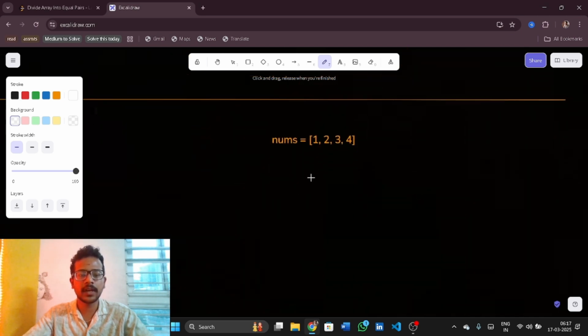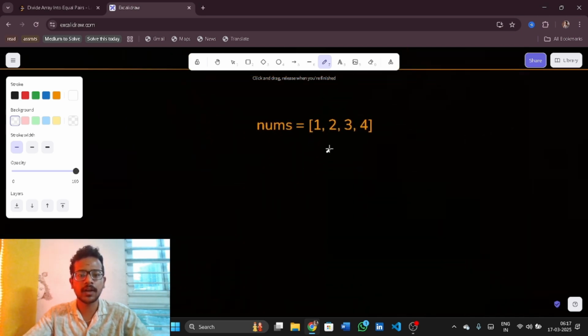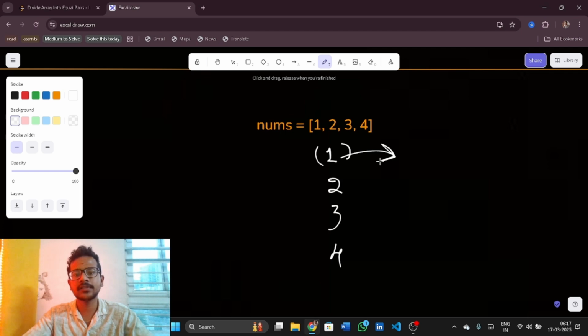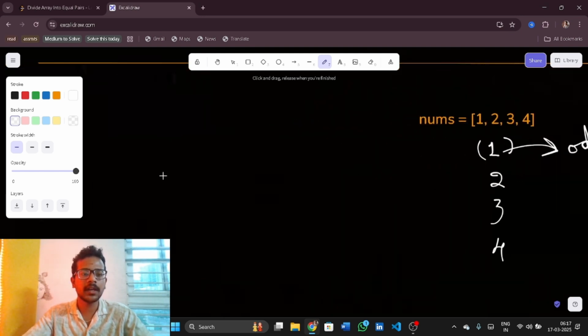Now let us go through the next example: 1 2 3 4. 1 appears one time, 2 also one time, 3 also one time, and 4 also one time. So I cannot make any pair with 1 because there is no other occurrence of 1. So this is an odd occurrence. So my intuition is: